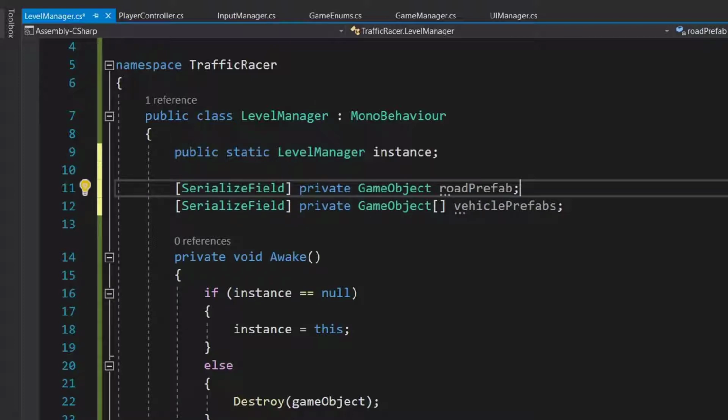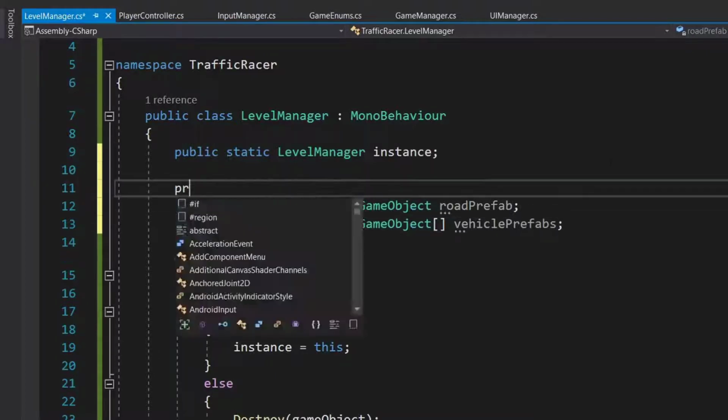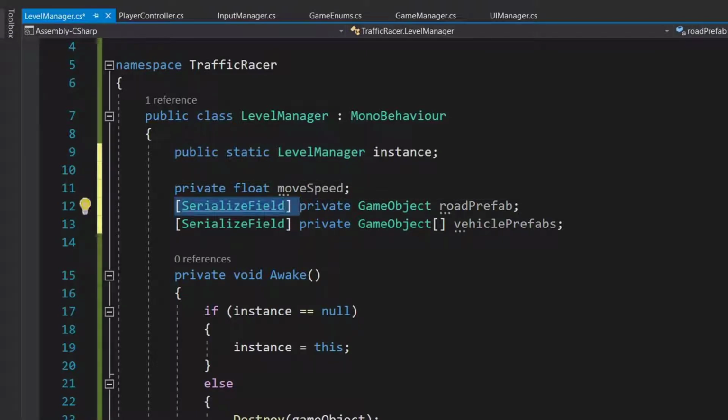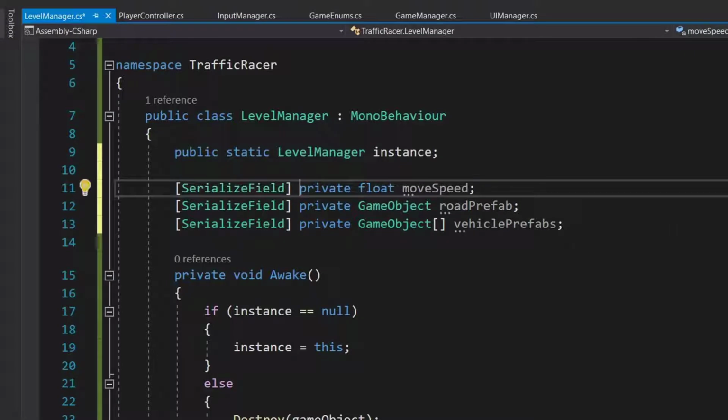We also need to move our environment with some constant speed. So for that, we will create a private float moveSpeed, and we will also make this a SerializeField. So now we are going to spawn our road prefab in our game, and we are going to spawn multiple of them, like 4 or 5.